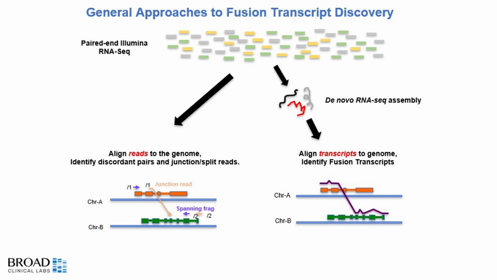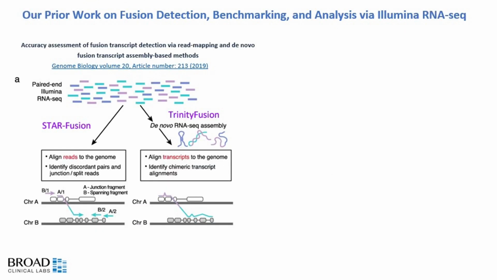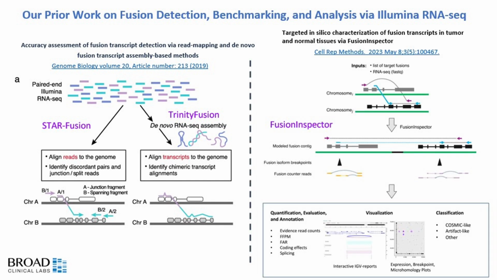So we have these two different major paradigms to be able to search these events out. And we developed tools that basically use these strategies as the primary mechanisms. We have a tool we developed, STAR-Fusion, which searches for chimeric read alignments. And we have Trinity Fusion that we developed for first doing assembly using our Trinity assembler, and then looking for chimeric fusion transcripts. Most recently, we developed a tool called FusionInspector, which performs analysis of the sequence context and